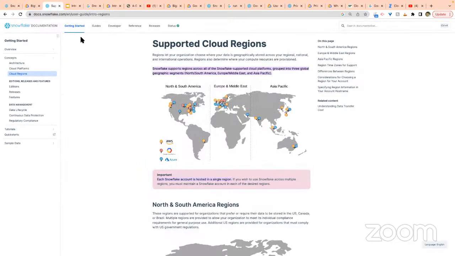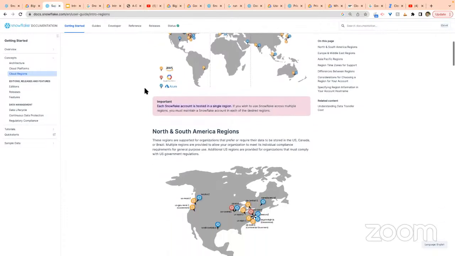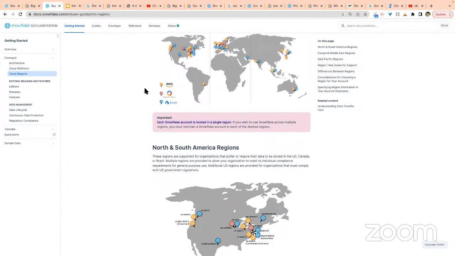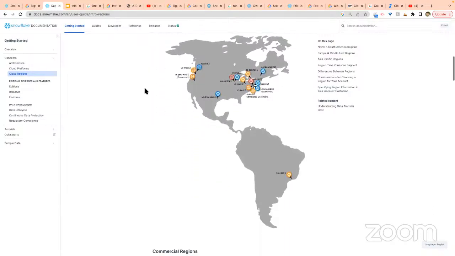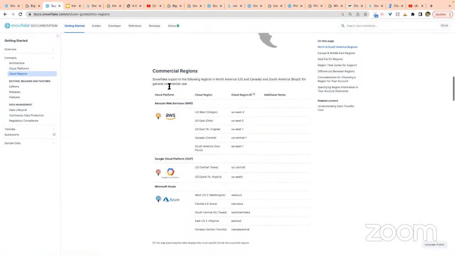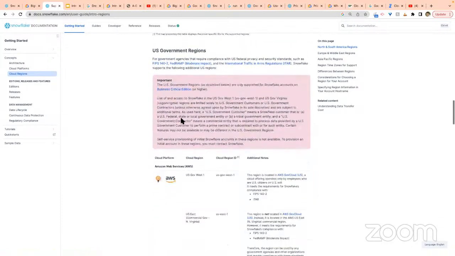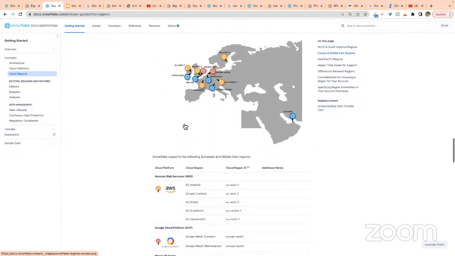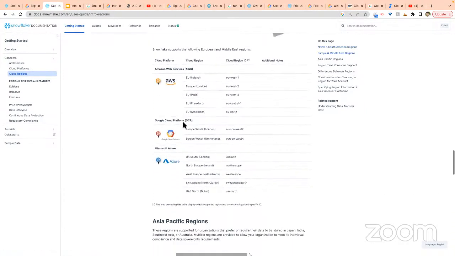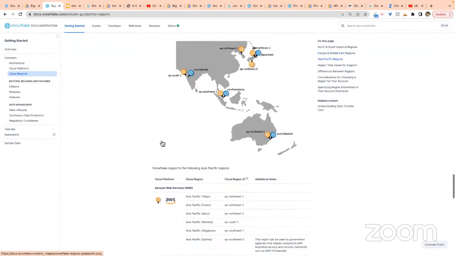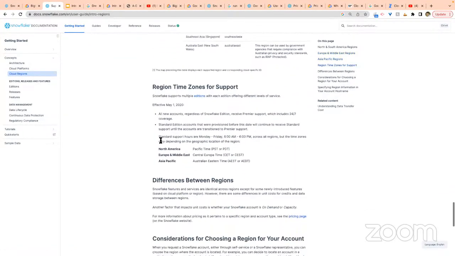And if you go to this other page in the documentation, you will see the different regions where Snowflake is available. This is more like a map view, where you can gain a better understanding, and you can get much more information, even about pricing and other things. So in case you are keen on knowing more, this was a high-level view, but this one is a much more detailed view about the regions that we have.